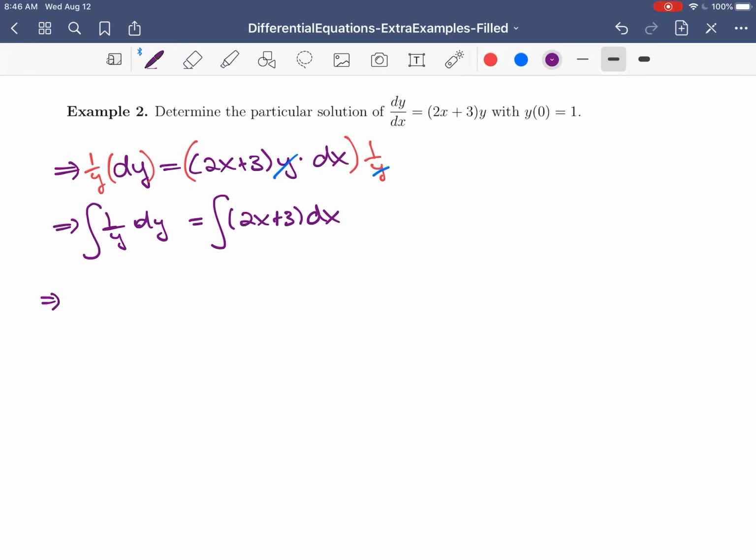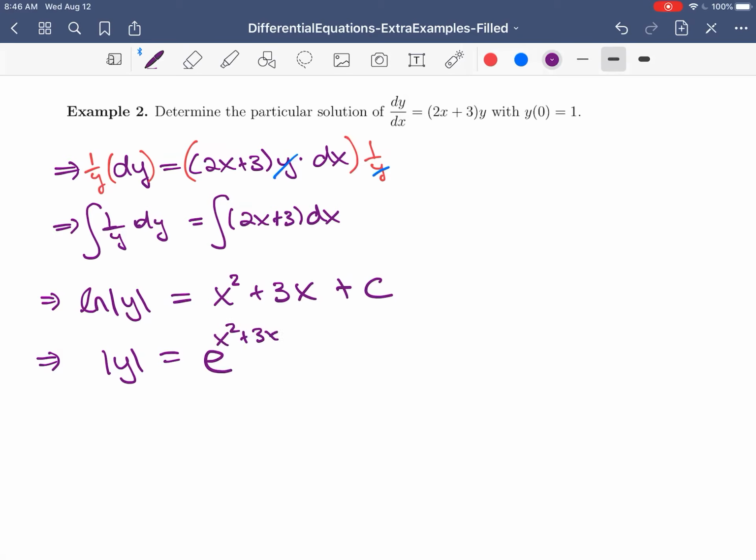The integral of 1/y dy, we should be comfortable now that that's ln y. And then when we integrate this, we can do it piece by piece. So this is going to be x squared plus 3x, and then plus our constant of integration. Okay, and so then if I want to solve for y, I want to use e. Okay, that's going to cancel out the ln. So this is going to be e to the x squared plus 3x plus c,